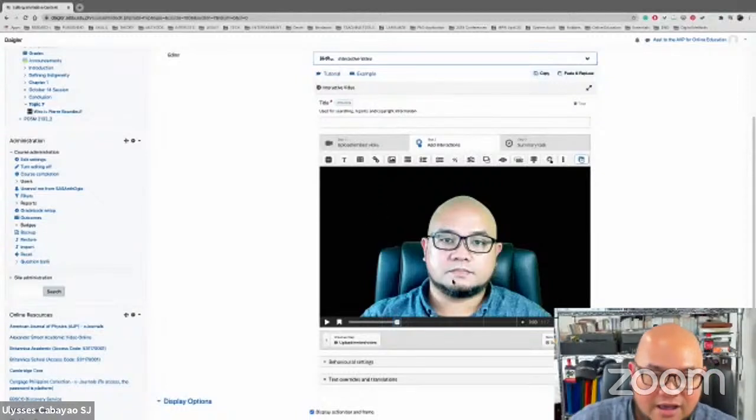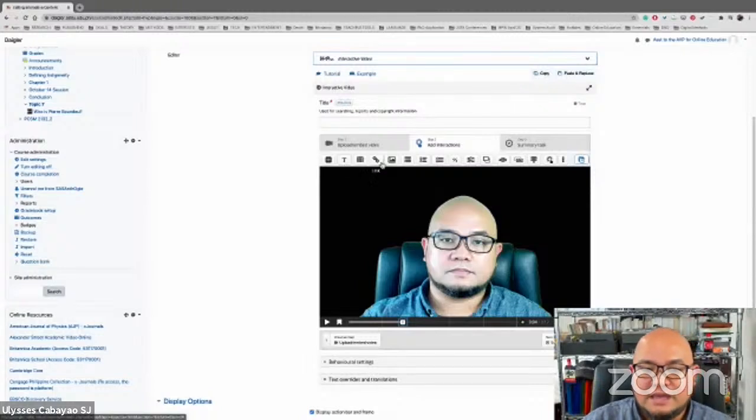So halimbawa, first thing that we need to do is to pick what question type to use, no? So halimbawa, ang pinaka-simple halimbawa na gusto ko lang is a true or false question. So what I do is I scroll first to the area where I would like to put the interaction, and then I choose, these are the many options that you have in terms of making your videos more interactive. At this point, we will choose true or false question. So I click on this,